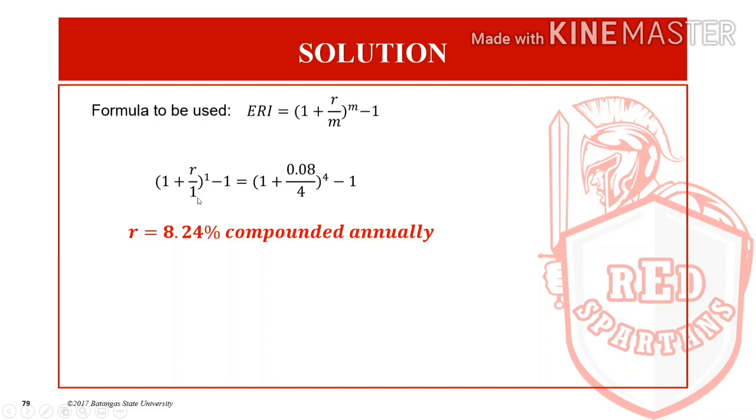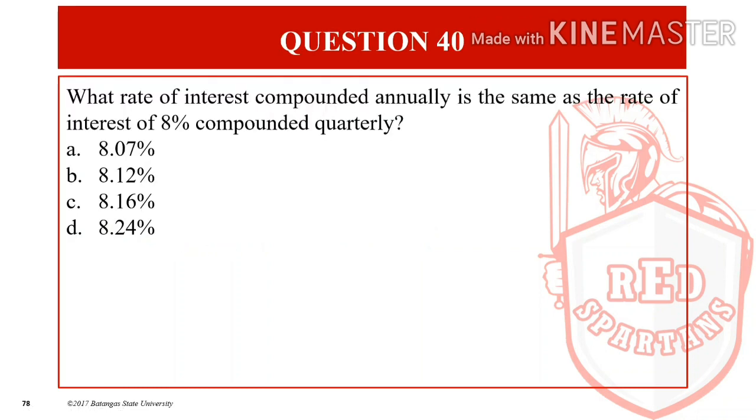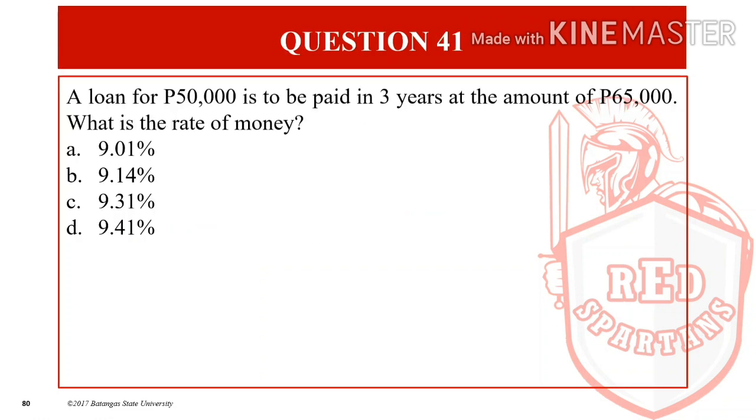So, 1 plus R over 1, I just put that, raised to 1 minus 1, is equal to 1 plus 0.08 over 4 raised to 4 minus 1. So, we just cancel the minus 1. Then, we equate on the calculator, shift solve, and the nominal rate that comes out is 8.24% compounded annually, or letter D. Then, question number 41, a loan for 50,000 pesos is to be paid in 3 years at the amount